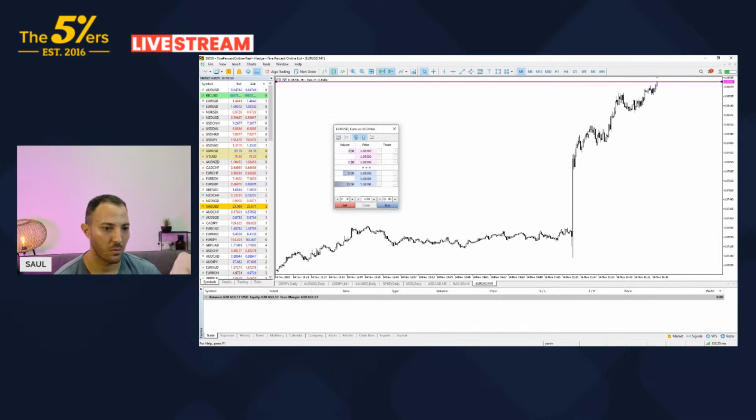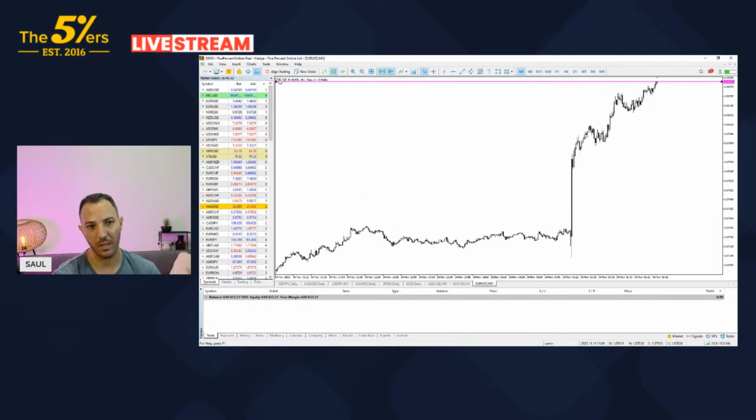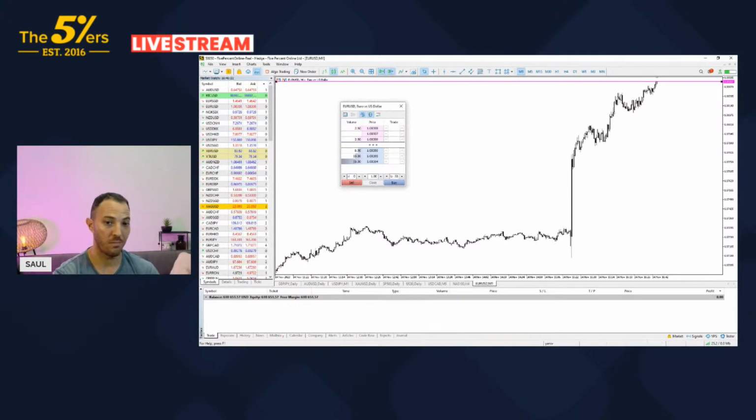Do you always draw levels in 1 hour and trade on 1 minute? Yeah, so I take my bias from the dailies. I draw my levels on the hourlies, and then I look for setups on the 5-minute chart, and I execute on a 1-minute chart. And the tool that I use is just the depth of market. You can trade directly from here, nothing fancy. So here you can set your lots, your take profit, your stop loss as well, and then just execute quickly.